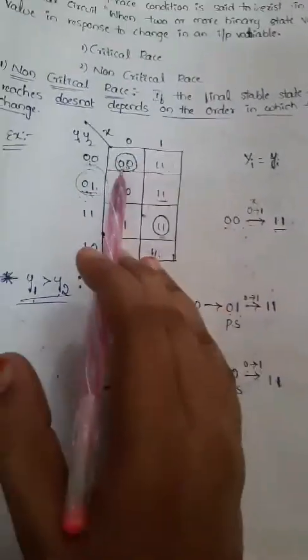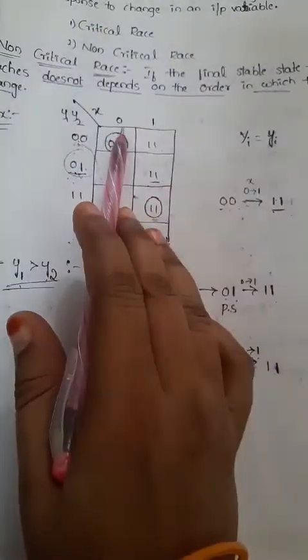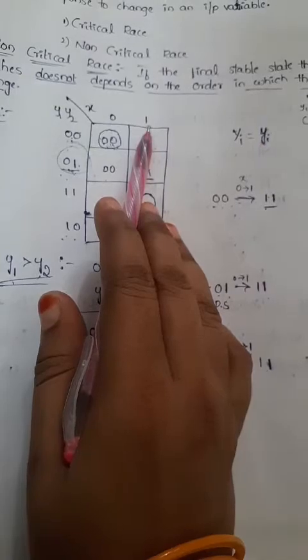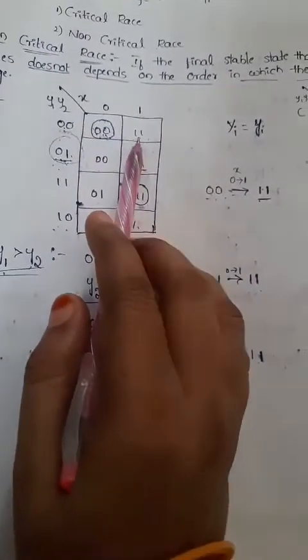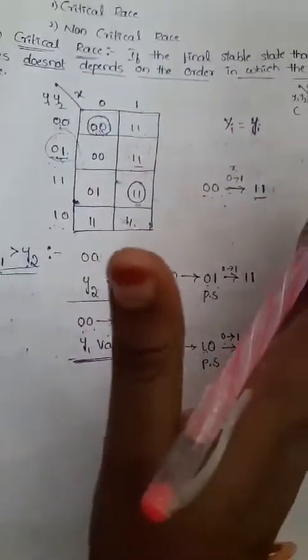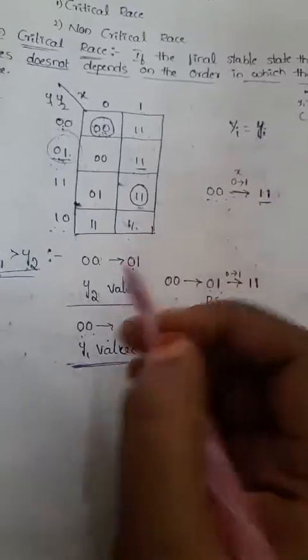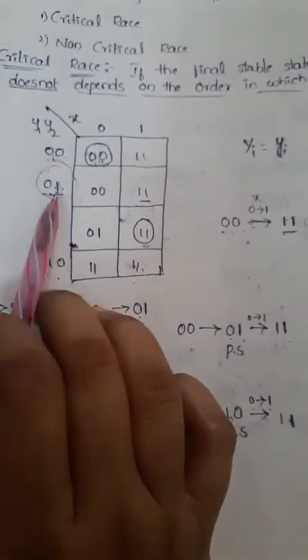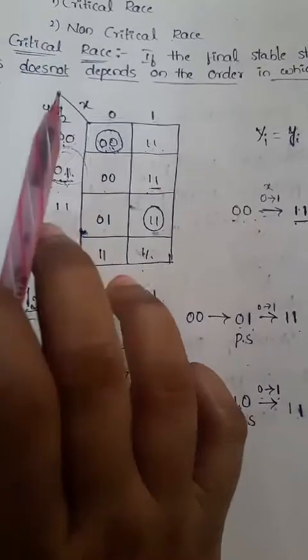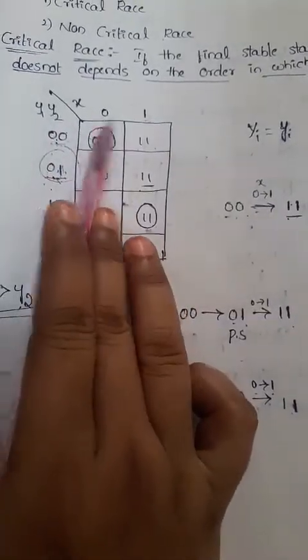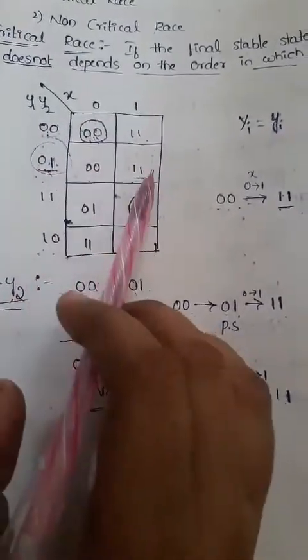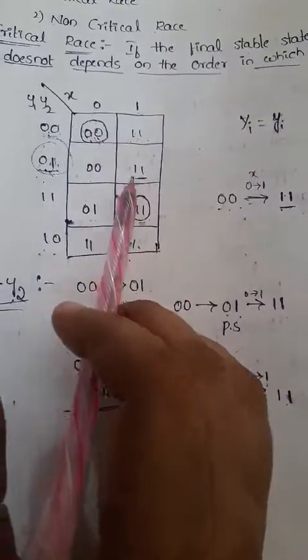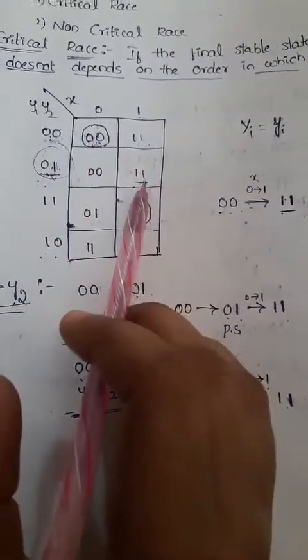First stage, so 0 0 is changed to, whenever the input value will be changed to 0 1, this 0 0 can change to 1 1, that is the first thing clear. Now coming to the second stage, I can change it 0 0 to 0 1. So 0 1 is nothing but our input now, right? So 0 1, whenever the input can change it from 0 to 1, what is the output we are getting in that at one stage? 0 1 to 1 1.